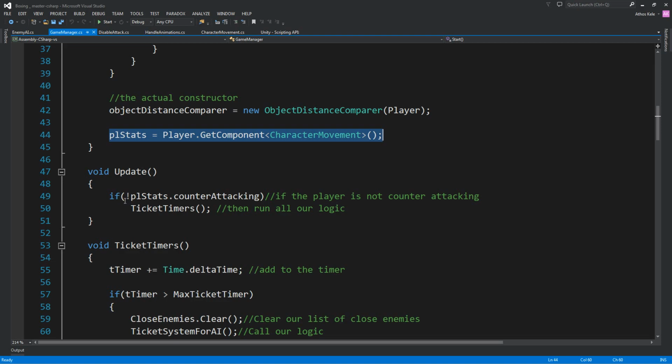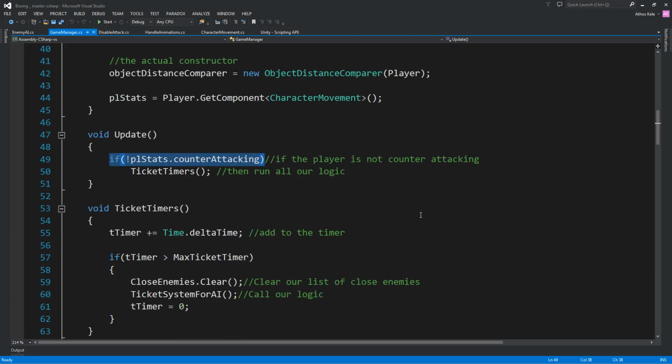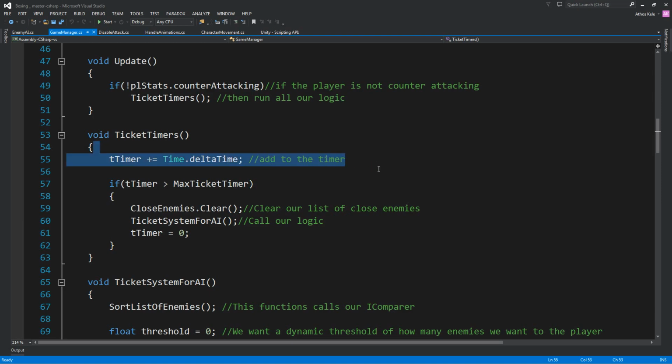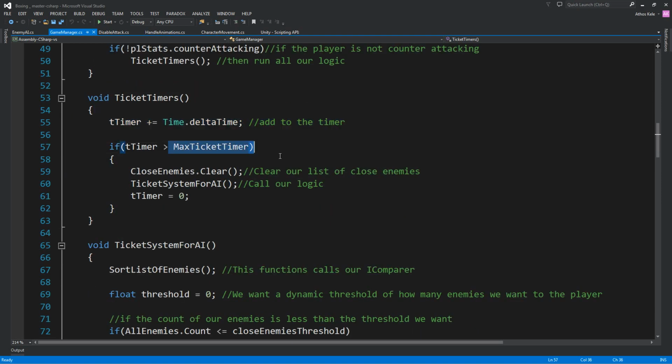Now on update, we only want to check from the player stats if the player is not counter attacking. Then we do all our timers and all our logic basically. Okay, we want to do it this way because when we are counter attacking we don't want to also be attacked, or you might want that in your game. Now of course you will have to write your own logic for what will happen, or if the enemy can interrupt your player's animation. So our timers, we simply add to the timer, and when it passes the maximum ticket timer,